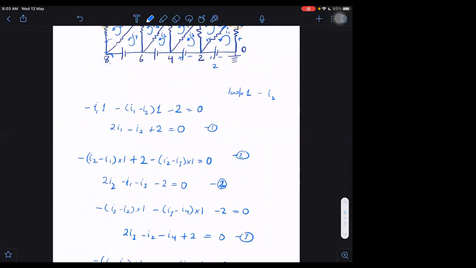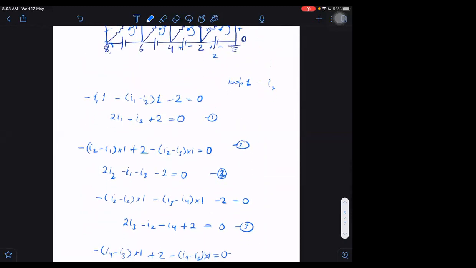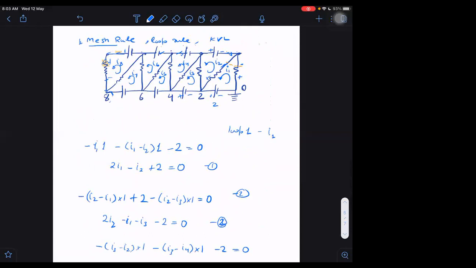Sir, if we take one square loop, then we are getting something. Actually, I1 equals minus I8, I2 equals minus I7, I3 equals minus I6. If we take a square loop, then we are getting something, right? What do we get by the square loop? 2 and 2 are cancelling, and we are getting an equation as I1, and here we are getting I2 minus I3.